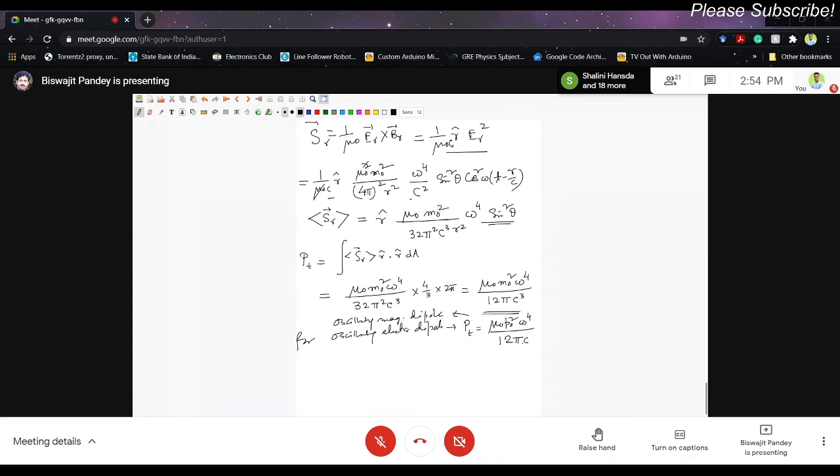But suppose you have two systems of similar dimension, right? That means, what is the dimension here? For the electric dipole, when I draw an electric dipole, the dimension is dl, right? When I have an oscillating magnetic dipole, I have a loop which has a radius, say b, right? This is the radius b. So its perimeter is 2 pi b, right? Area is pi b square.